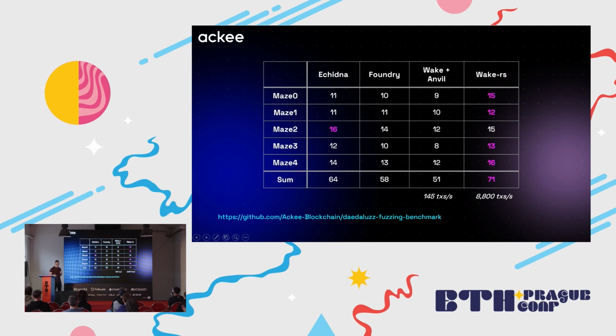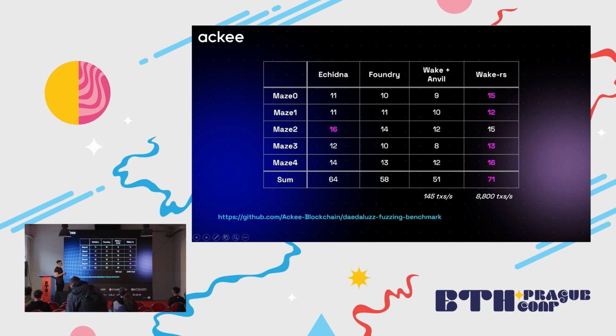And yeah, so as you can see, it depends on how you use Python. And if you use, let's say, something more powerful for execution in the background, what made the difference here is just the execution speed. Otherwise, as you compare Wake plus Anvil and Wake RS, they use the completely same algorithm for generating random numbers, and the only difference was the execution speed.